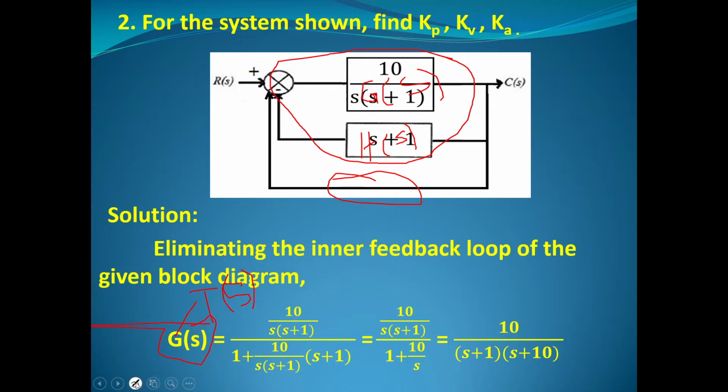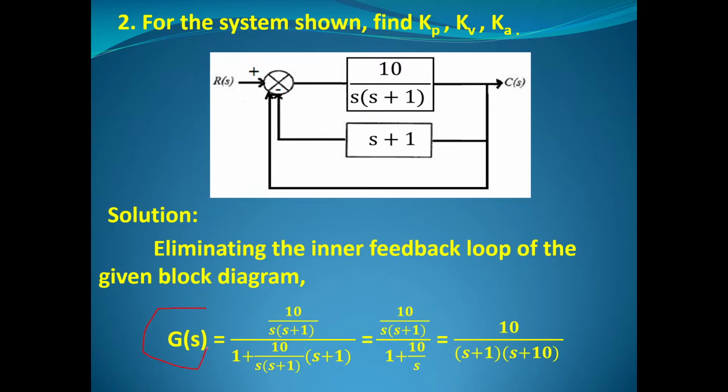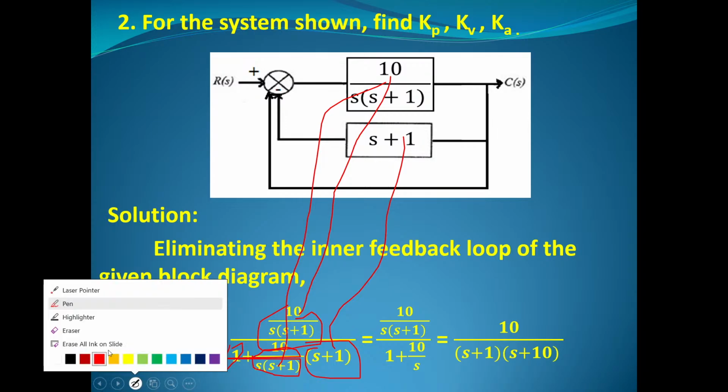That's why I wrote G of S, nothing else. Okay, so even though I have written G of S, what is this? This is G of S divided by 1 plus G of S into H of S. You just observe, this is G of S, the upper term. Same thing I have written at the bottom, and this is H of S that I have written at the bottom. That means G of S by 1 plus G of S into H of S is nothing but